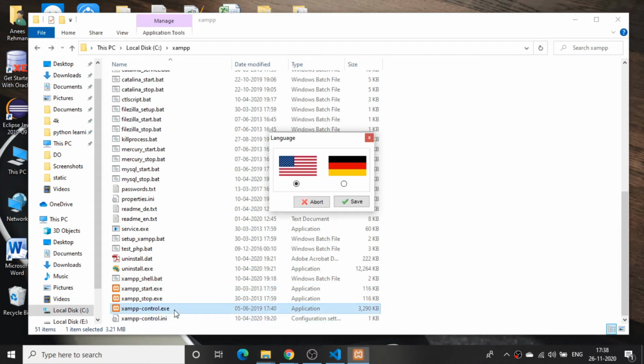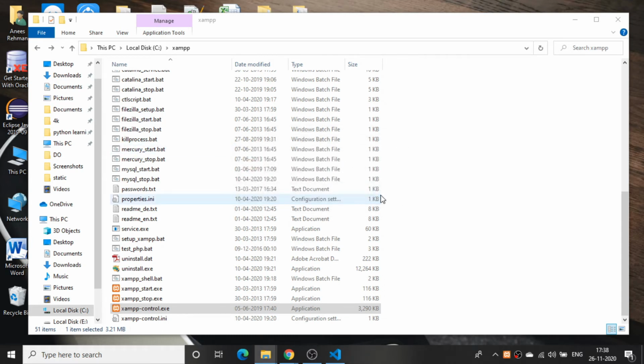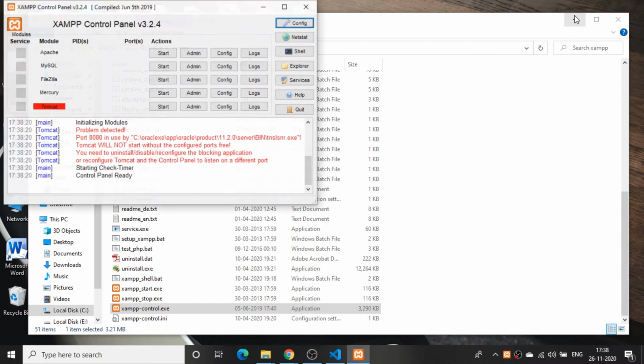If I click on it, it is asking me the language. I'll click on the same. I don't know why I'm getting these types of error. Let me click OK. Once I open that one, the XAMPP will open in my system. In your case it might be fresh, so I think there will be nothing. It may ask your name, but don't set any passwords when it is asking.